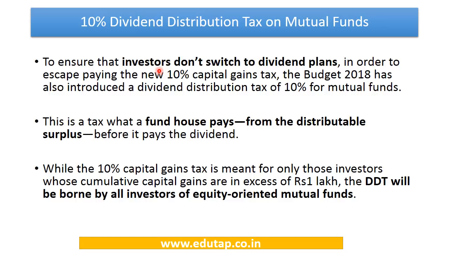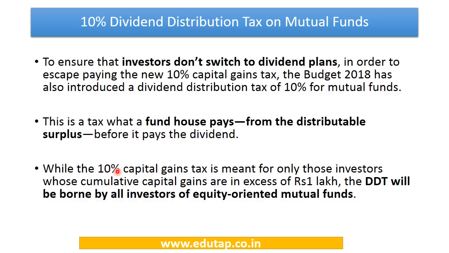Now to cap this scenario, which would have been possible, a 10% capital gain tax has also been imposed on the dividend distributed by the equity mutual funds. Now whenever equity mutual fund would be distributing dividend, it would be deducting this 10% tax. Now in this case no exemption of rupees 1 lakh has been given. So even if you earn a dividend of rupees 10,000 from equity mutual fund, you will be charged this 10%